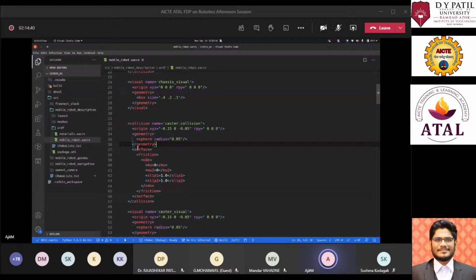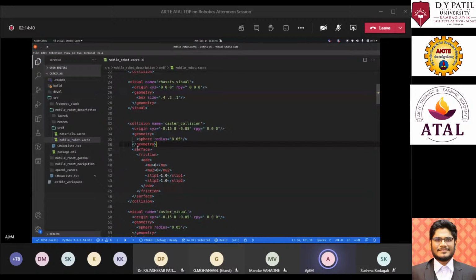Now this caster is interacting with the ground plane of the world. Once these links are interacting with the ground, there would be some kind of friction. In Gazebo, if you have developed a very detailed model of your robot, you can provide the friction coefficient and how it would slip on that specific surface.